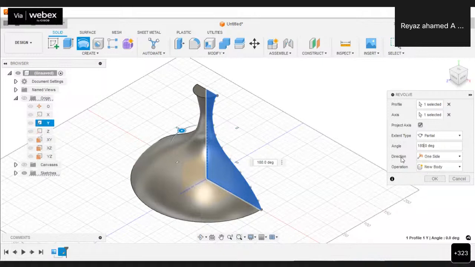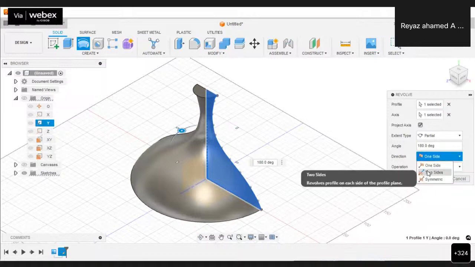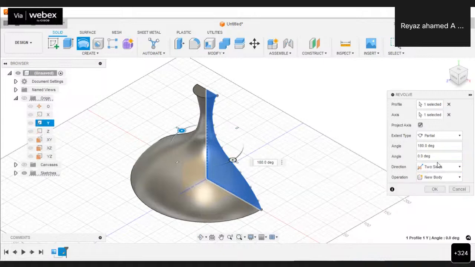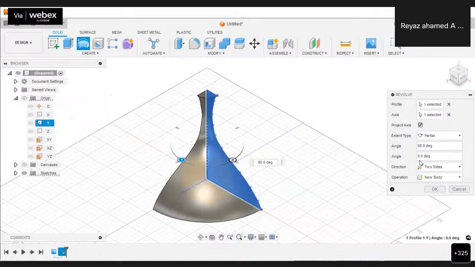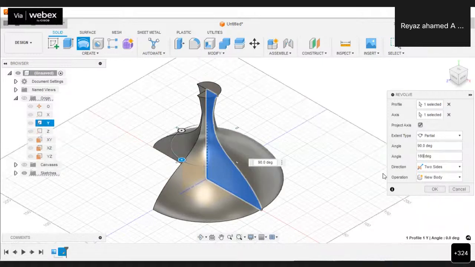If I need another direction, see, the direction is on one side. I need it on two sides. Both the sides I needed actually. I can change this into two sides. And then the angle can be mentioned on the other side also. See, angle 1 is there, angle 2 is also there. It is not represented as 1 and 2, but here it is mentioned as two columns. Let me give one angle valued as 90 and another angle valued as 180.